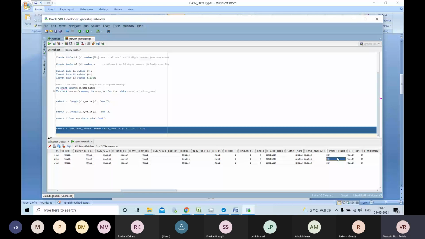If you are trying to retrieve only January month information out of 12 months, at almost 30 crores per month, 12 into 30, that is 360 crores of data. Out of 360 crores, you retrieve only January data, 30 crores.